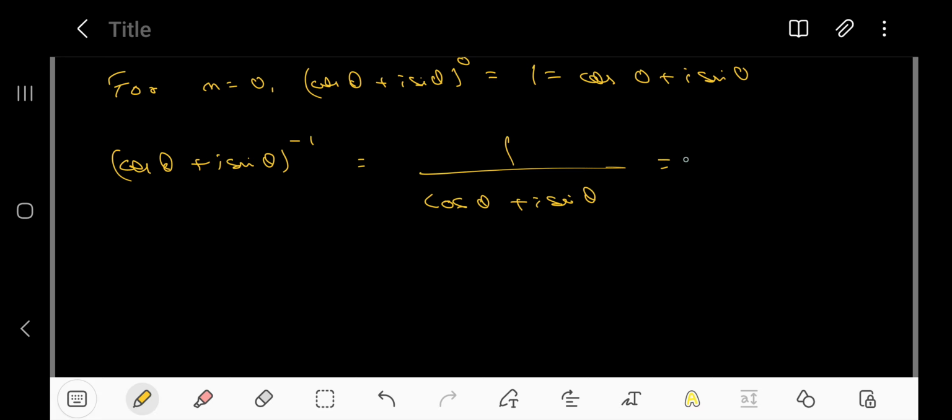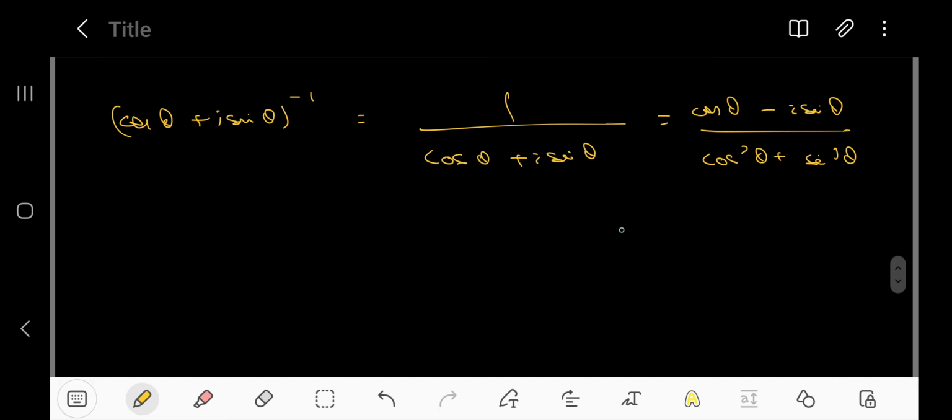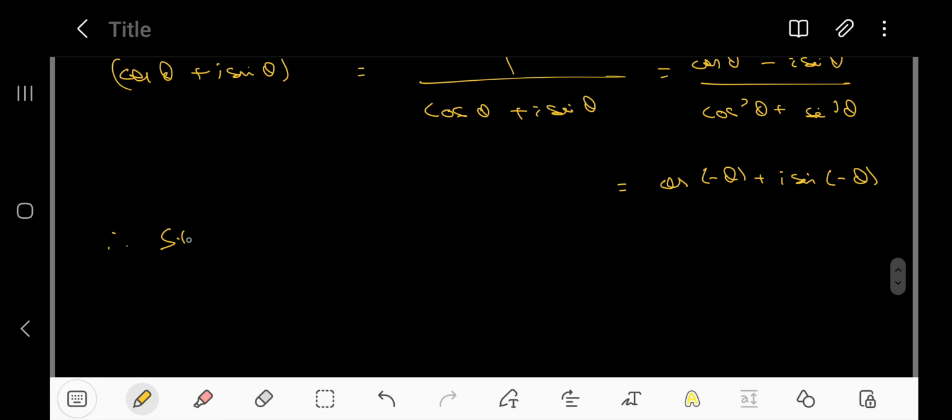So we just rationalize it. So it is cos theta minus i sin theta, and below you will have cos squared theta plus sin squared theta. So now see, the denominator is 1, and the numerator can be written as cos of minus theta plus i sin of minus theta, just because cos theta is an even function and sin theta is an odd function. Clear? So sin of minus theta will be minus sin theta, and cos of minus theta is simply cos theta. So therefore the statement